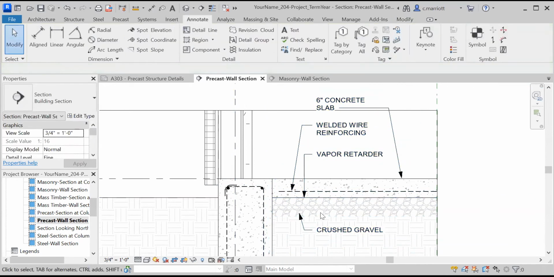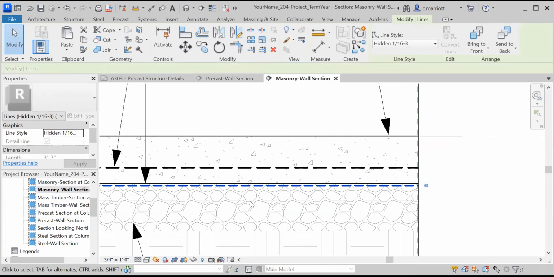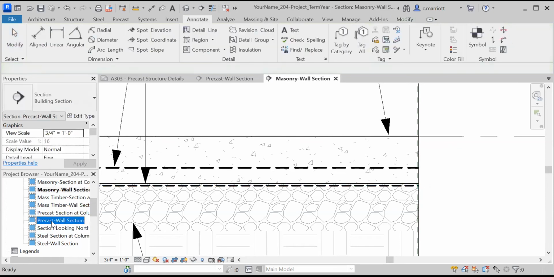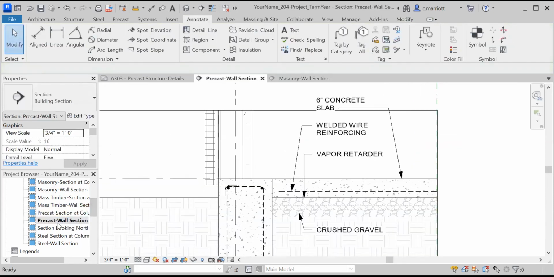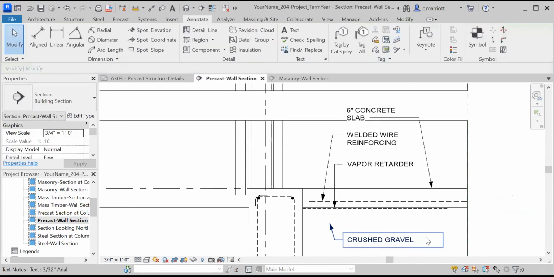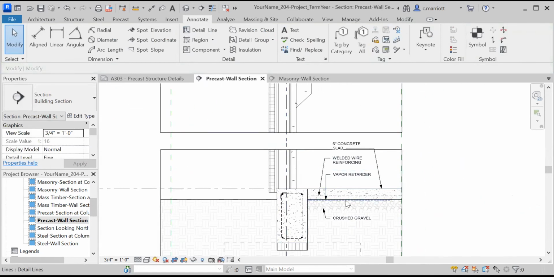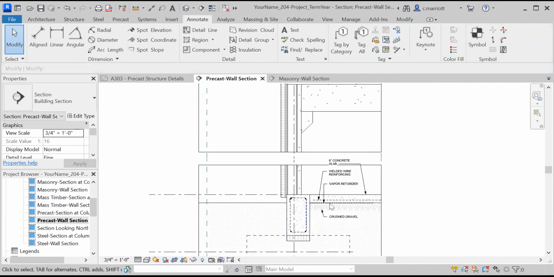And then I'll go back and get the vapor retarder. Control C, go back to the precast wall section. Okay. Well, I may need to move things around a little bit, but